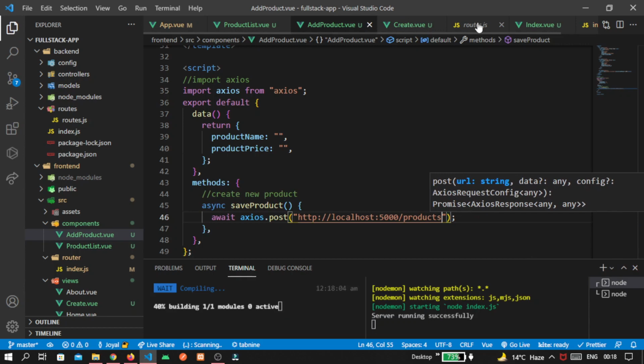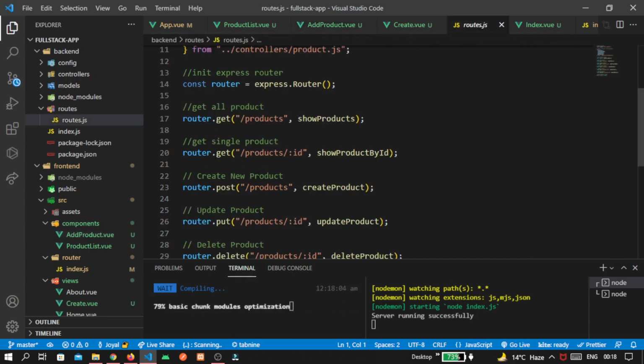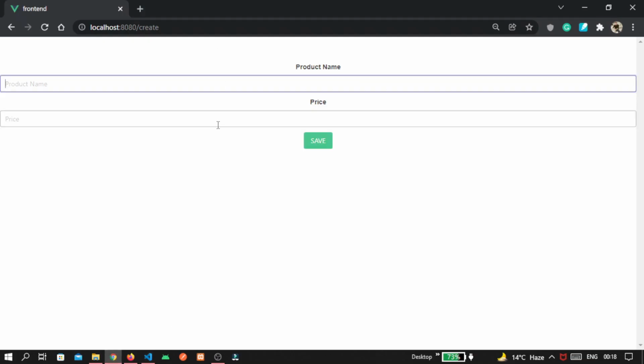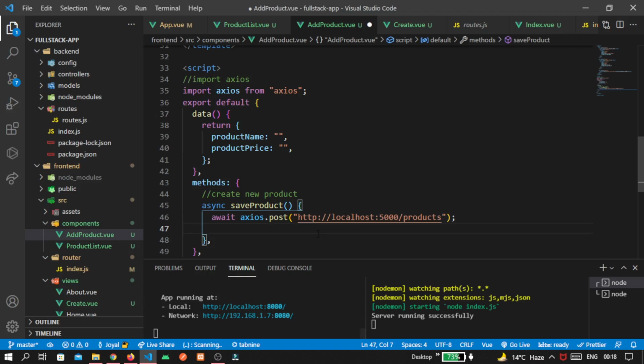Let's check inside our routes.js. See guys, to create a new product, our route name is products and here we provide post. So similar to this, here we write post and the path is products. Use this await and async to call our API with the help of Axios. Here the product name and product price are empty, but whenever this function is called, we'll get the items from here and here. So write